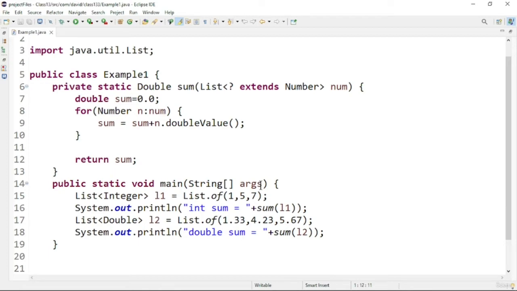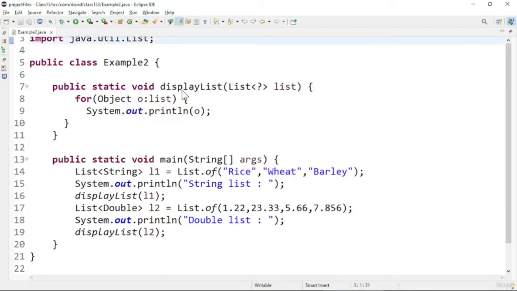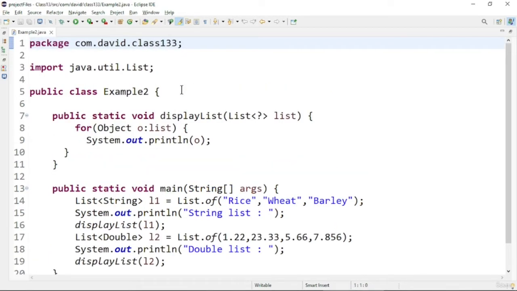Now let us see another program. Now let us see a program based on unbounded wildcards. Unbounded wildcards are used when we are using the Object class methods to access the particular members. At that time we will use unbounded wildcards. So let us see